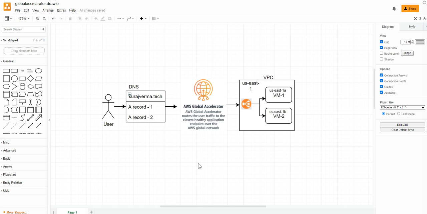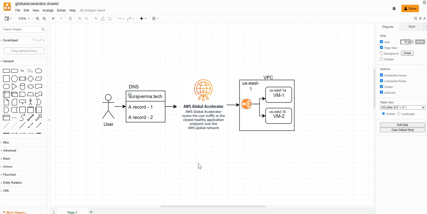Global Accelerator gives you two static IP addresses that you can use in your DNS to point to Global Accelerator, and then Global Accelerator in the backend will be using your ALB endpoint. So in case any of the ALB IPs changes over time, that would not impact your traffic, because that will be automatically managed by Global Accelerator and it will make its changes automatically. So we will not have to be concerned about the ALB IP change here.